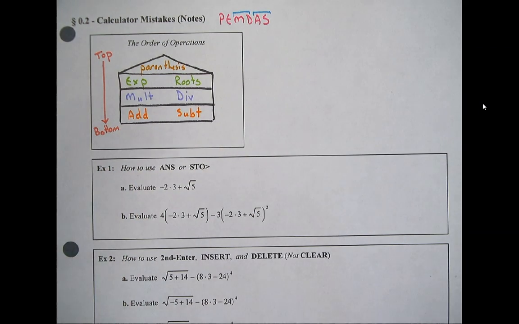So for instance, if you had a problem that had exponents in it and it also had division, you'd have to do the exponents before division. But looking at it from the perspective of what happens if you have multiplication and division in the same problem,